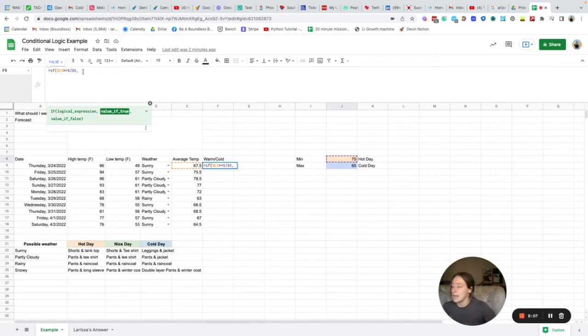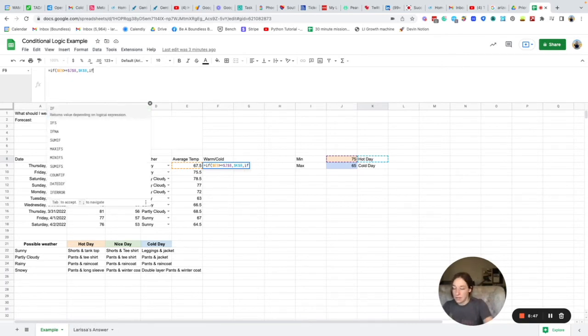So we're going to go ahead and say if E9 is greater than J8, so if our average temperature is greater than our minimum value for a hot day, then we're going to return this value, hot day. And we are also going to put our little $ in there to keep it locked. If not, this is where we get to the fun part, right? If it's not a hot day, we still need to be able to figure out if it's a nice day or if it's a cold day. So to figure out if it's a cold day, but we know it doesn't meet this condition, we're going to go ahead and say if